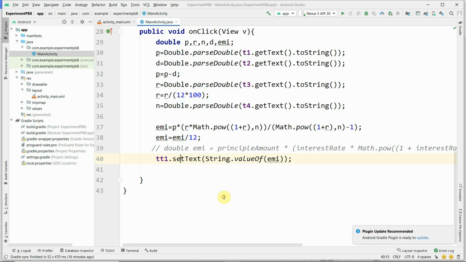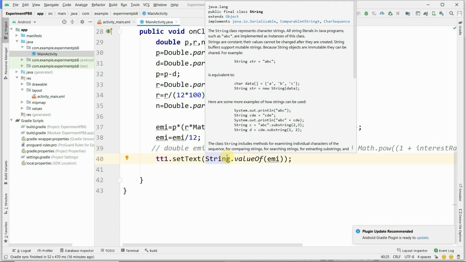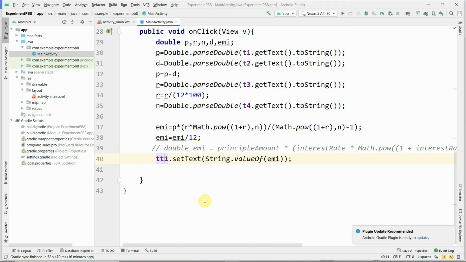It's text we are setting by using the TT1.setText method, and then String.valueOf(emi). Okay, we are getting the valueOf method and converting EMI to string. We are converting double EMI to string and setting it as the label's text.